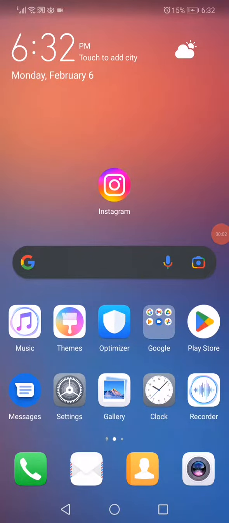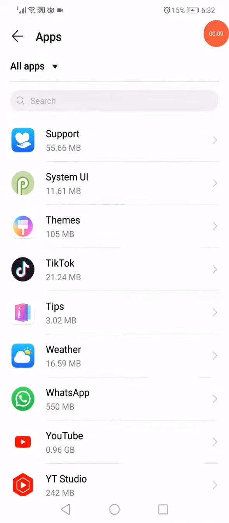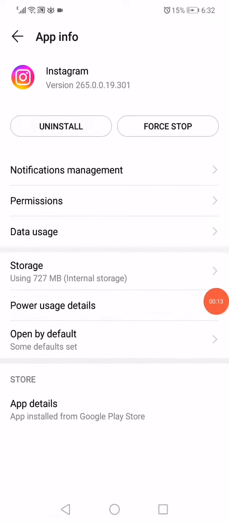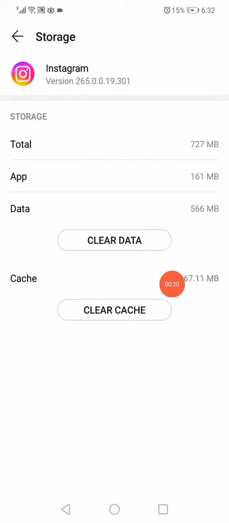How to fix Instagram or restrict certain activity. First thing, go to the settings, go to the apps, open the apps, go to the Instagram app right here, click on it. When you click on the Instagram app, it will take you directly to the app information page, as you can see. What you want to do here is click on the storage here, click on clear data